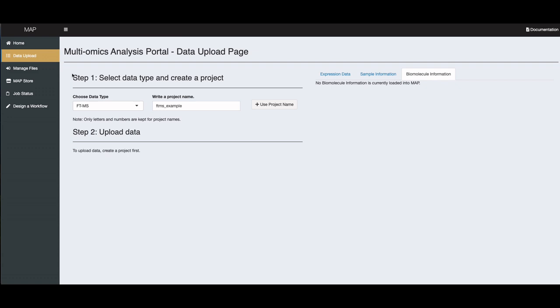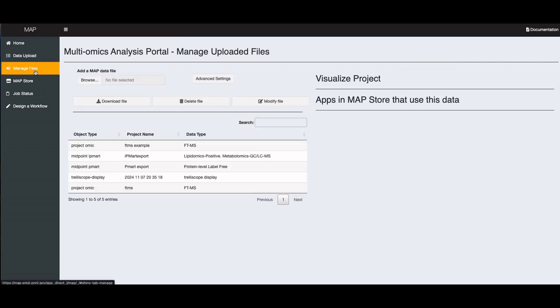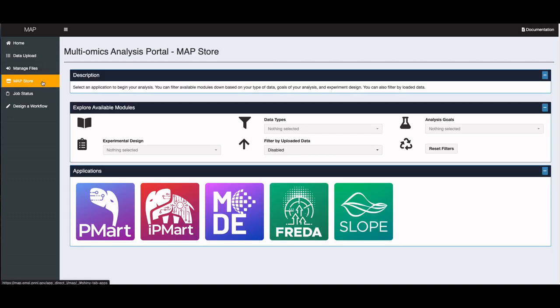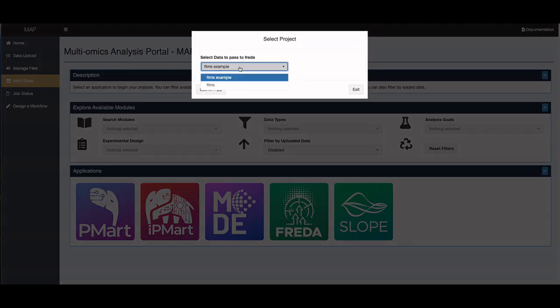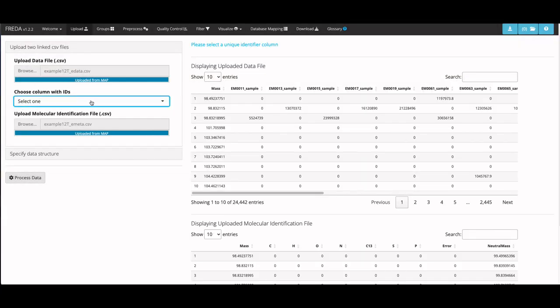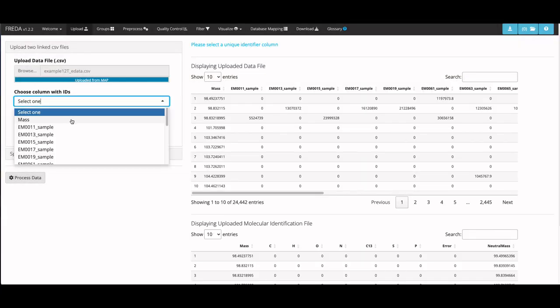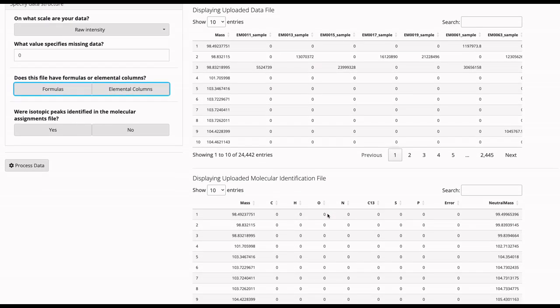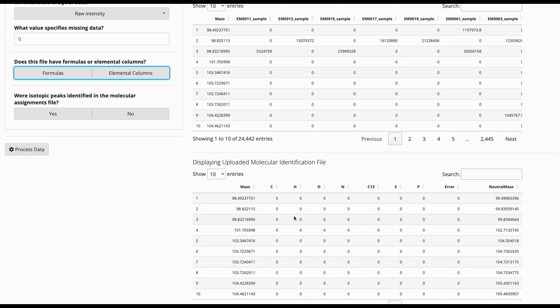We can verify our project is uploaded in the Manage Files tab, then navigate to the Map Store. We will select FREDA, select our project from the drop-down menu, then launch the app. We will be greeted with a message where we will click Go to Upload tab. From here, we will select our mass column as the IDs. And as you can see, a table summary appears here and shows that it has the same unique mass identifier